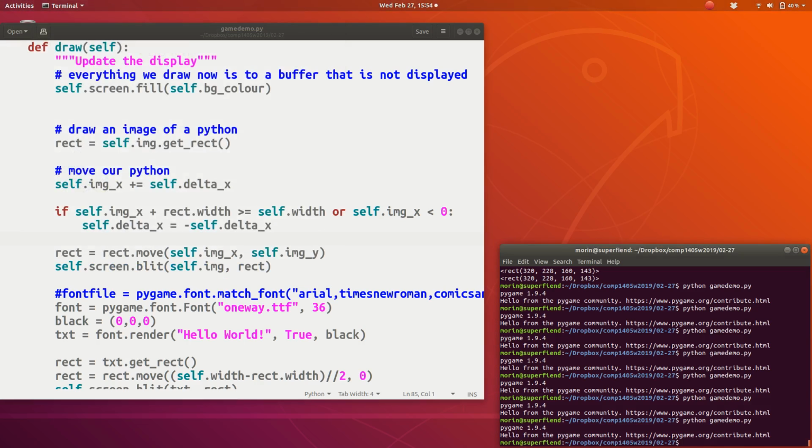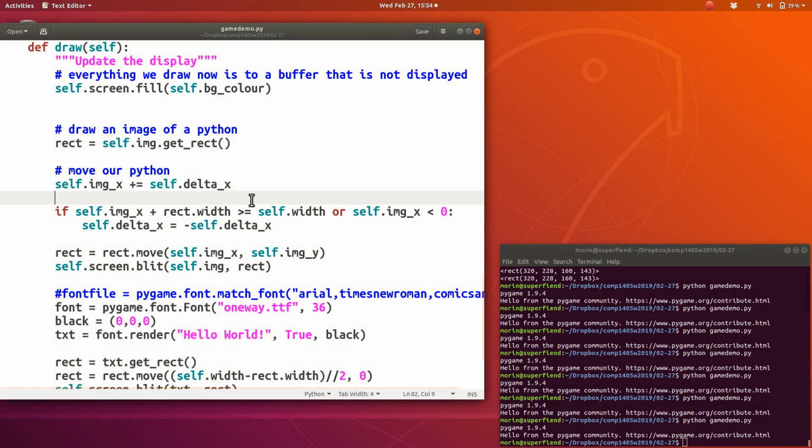Okay. Anything else sort of wonky about that? Yeah. Instead of doing the self.imageX plus rectangle width, could you say on the other side self.width minus rectangle width? Yep. Yeah, you can do this. This is an equivalent formulation, right? Subtract rectangle width from both sides of that equation. It's the same equation or inequality. Okay,